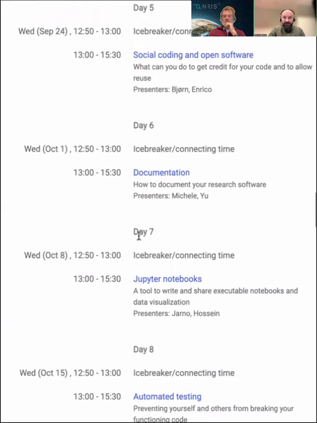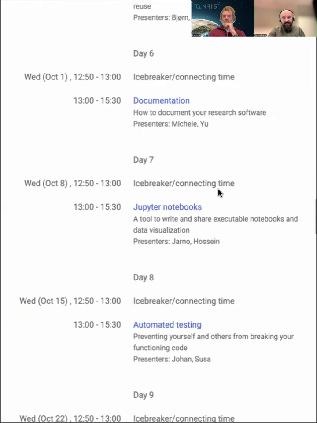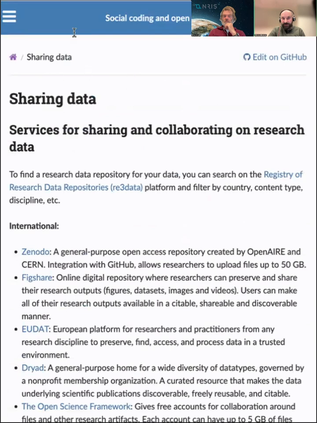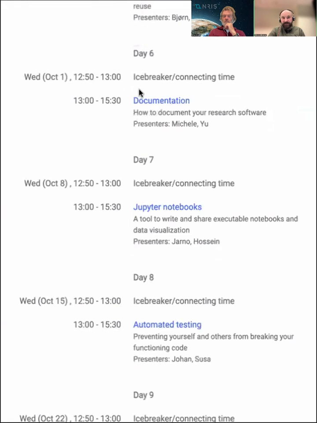So today was day 5, all about social coding and software licenses. Day 6, next Wednesday, will be about documentation and really how to build documentation, and the pages that you see with our contents and exercises, they're all built with a similar system.